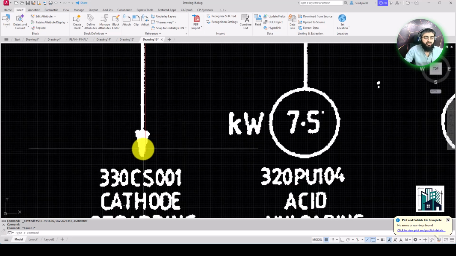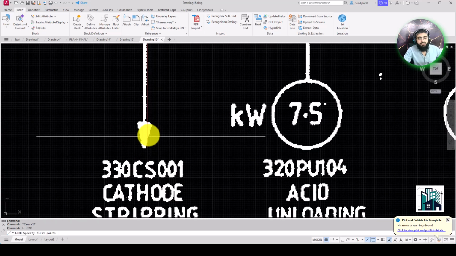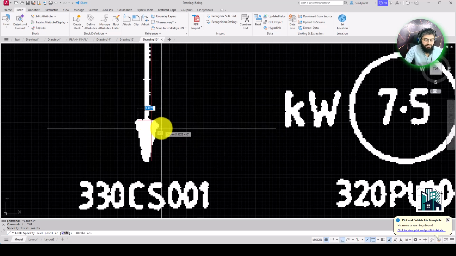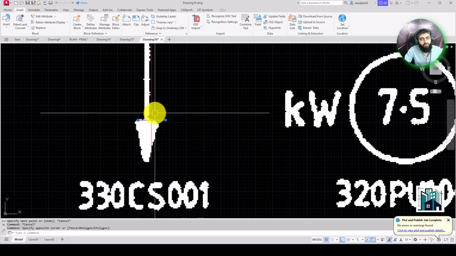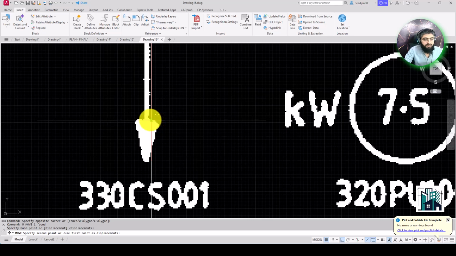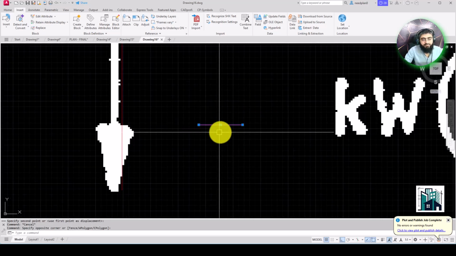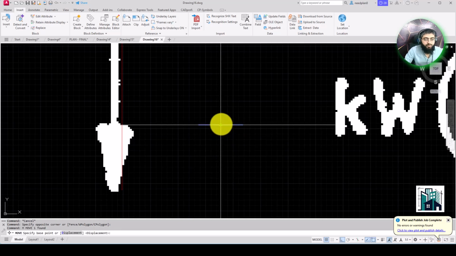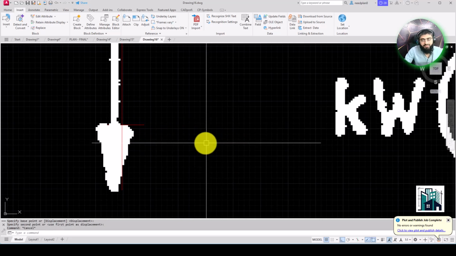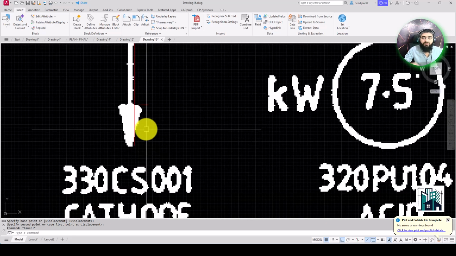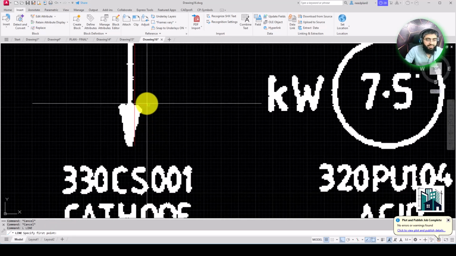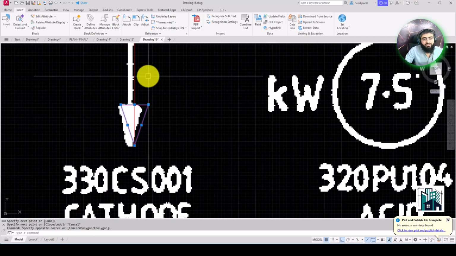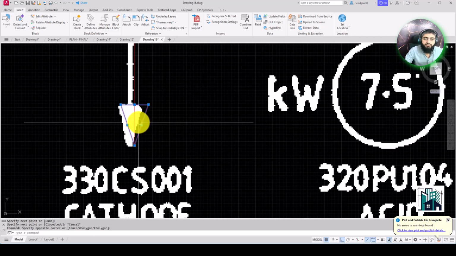So now I'm going to make an arrow. So how can you create this arrow? You will have to click here like 4, and then pick this point 1 2 3. This one is the middle point. You will have to move from here to here. For the move command, you enter M. So when you click here, and then here, and then here, this will be your arrow.